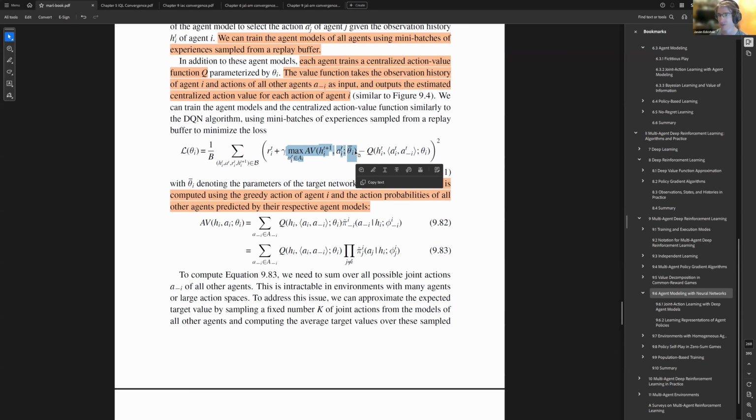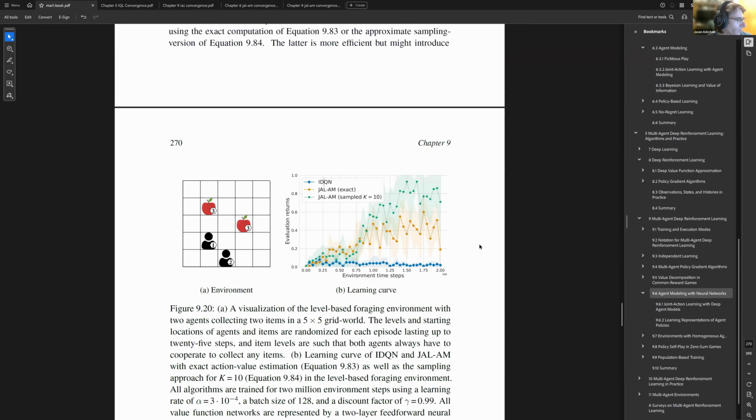the action value function at the next step, which in order to compute, we have to also compute this action value function again. Obviously this is a lot more computationally intensive than when we just do independent Q-learning, because this always involves multiple computations of this function. Now, this sum is computing an expected value, and it's summing over all of the joint actions of the other agents. If we really do that, we have a lot of scaling problems, right? Because we already are trying to avoid dealing with the full joint action space because it's going to blow up exponentially. But there's a nice trick you can use here, which is shown in this equation